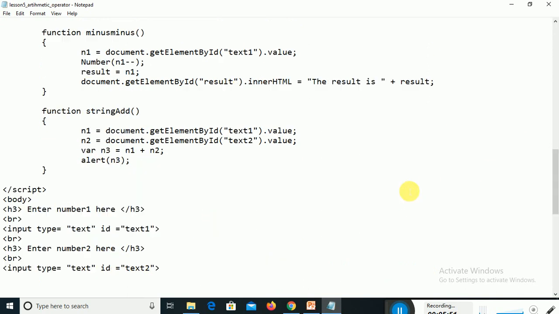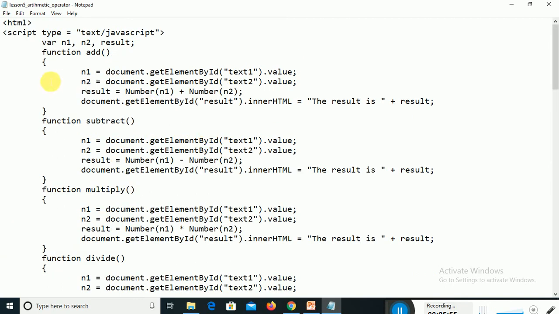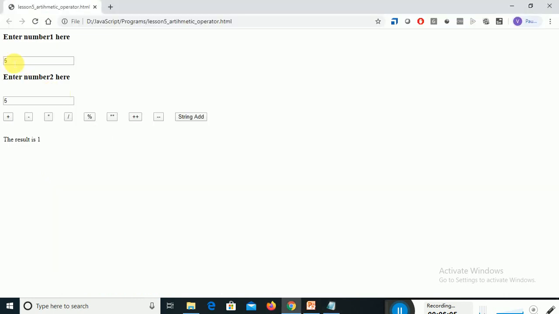So now what we are going to do is declare three different variables here, one for storing number 1, one for storing number 2, and one to store the result. Now consider I wanted to add some numbers, so I'll be giving some value, 5 and 5 here. For example, let me refresh the screen here so that you will understand the code. I'll change the input now. Previously I have given 5, 5. Now let me give a different number.